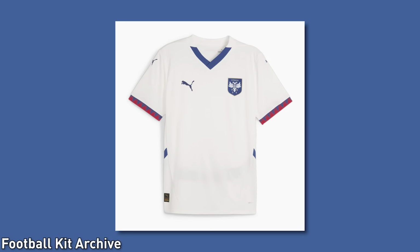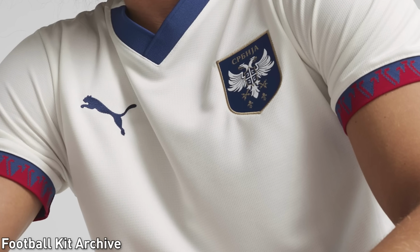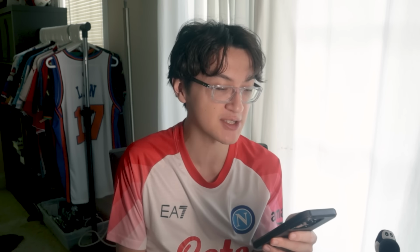Aside from the rare creativity from Puma on the cuffs, it is very much like a basic white shirt, but if you look closer at just the front of the shirt, I do like the badge on the front with the little gold trim bordering around the main badge. This is either me talking out of my ass or me just lowering my expectations significantly. I don't know. Next up, we have...